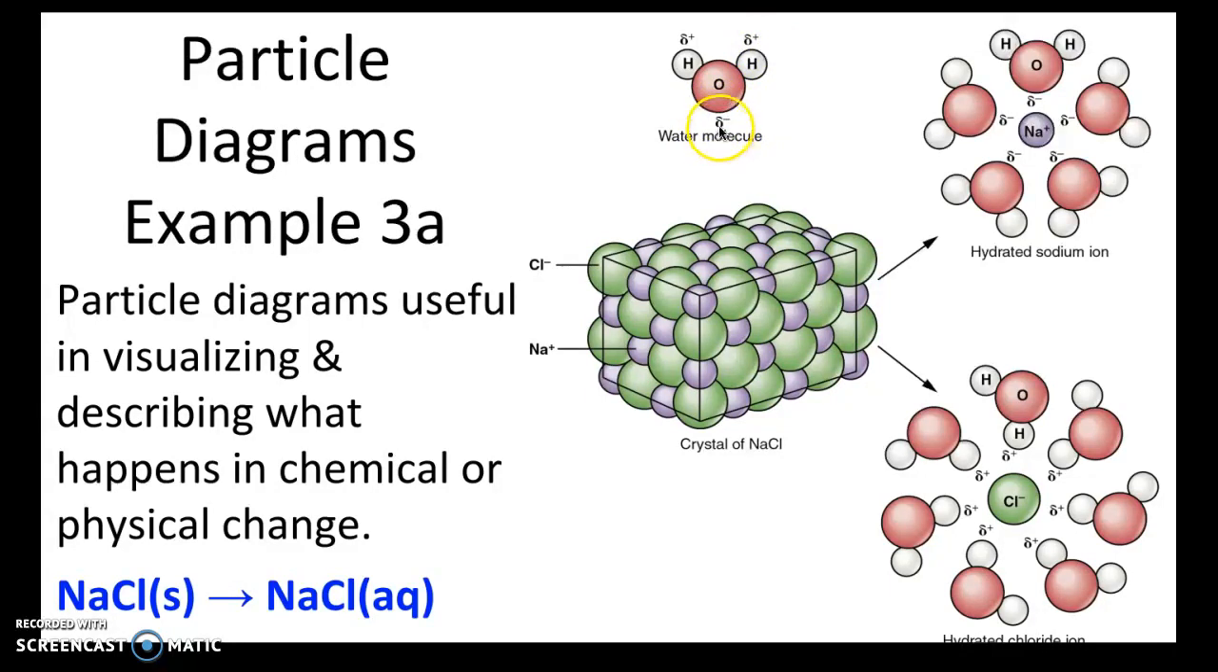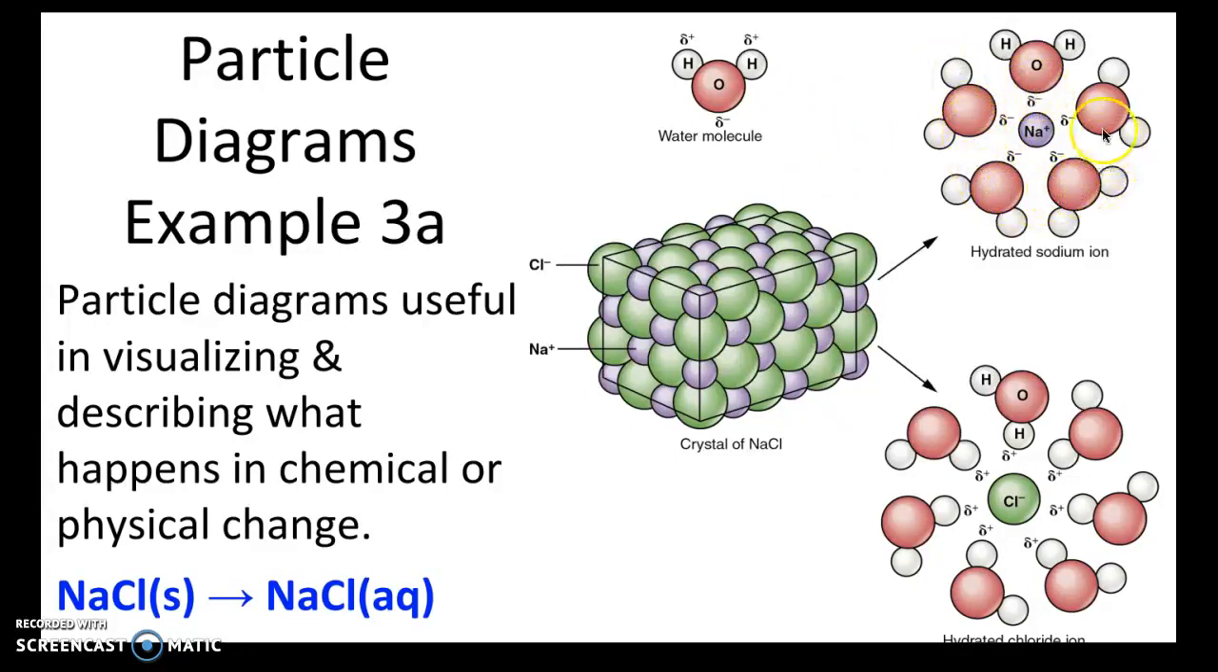These are lowercase deltas, by the way, the Greek letter delta. They use that to represent partial negative and partial positive charges of a polar molecule. And when water comes in contact with an ionic compound, it can break the ionic compound apart, and the negative